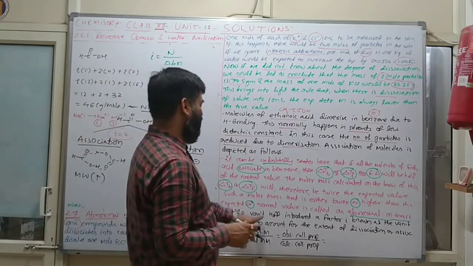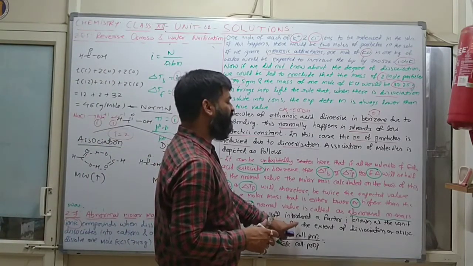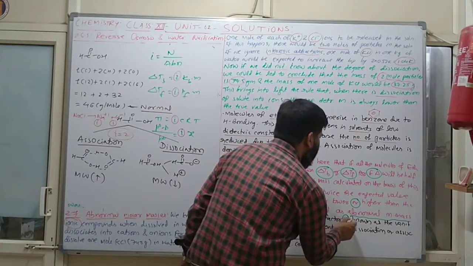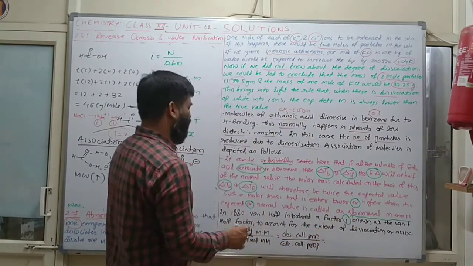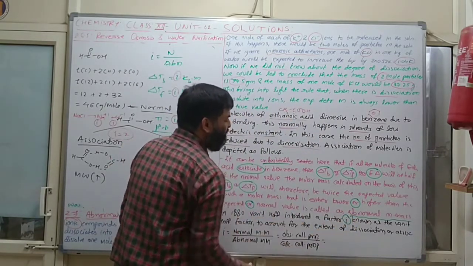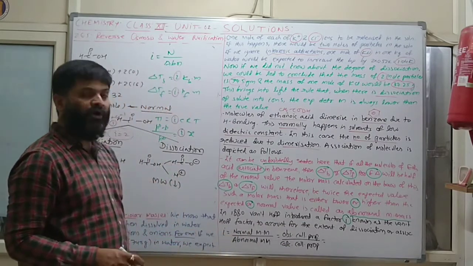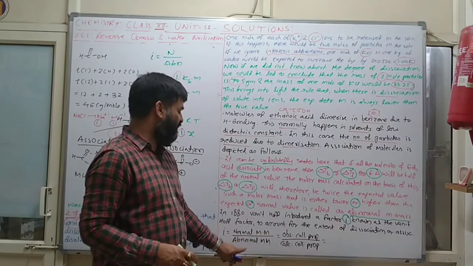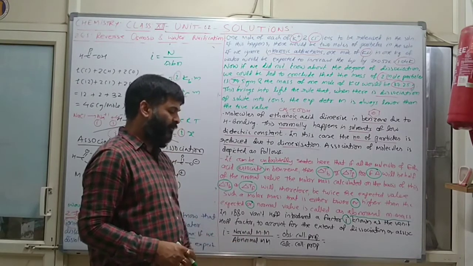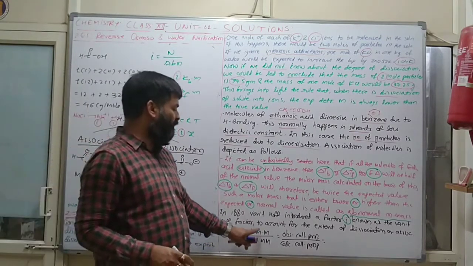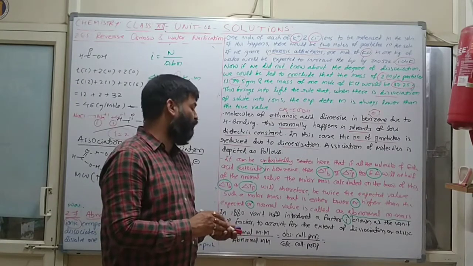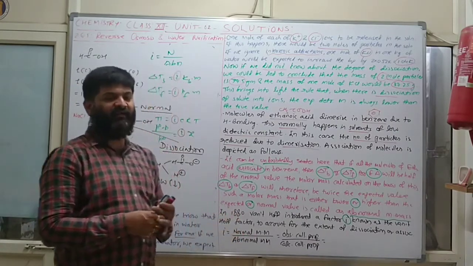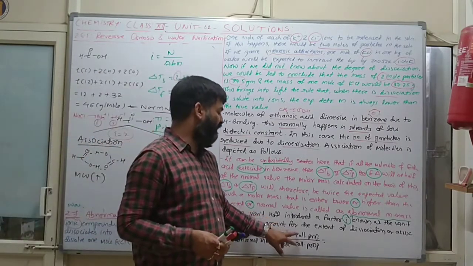In 1880, Van 't Hoff introduced a factor I, known as the Van 't Hoff factor, to account for the extent of dissociation or association. So I is equal to normal molar mass upon abnormal molar mass, or in another way, observed colligative property